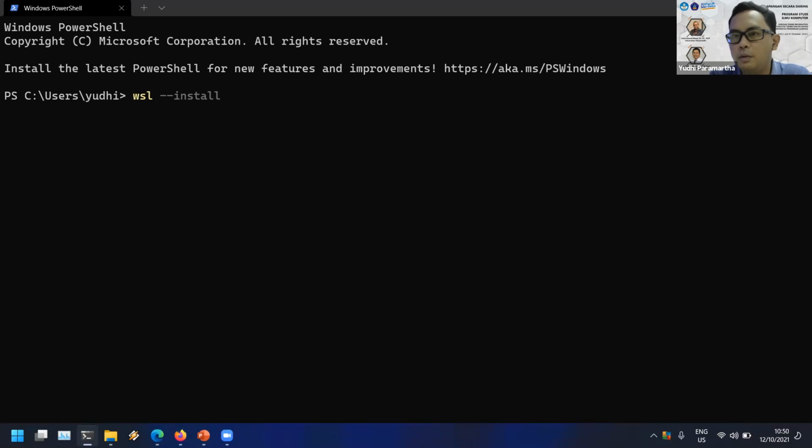I'm not sure whether this command works on a Windows 10 computer, but you could try it. If you can't, you have to search Google for how to install WSL on your computer. It's already installed on my computer, so I just type WSL and press enter, and Linux will be launched.